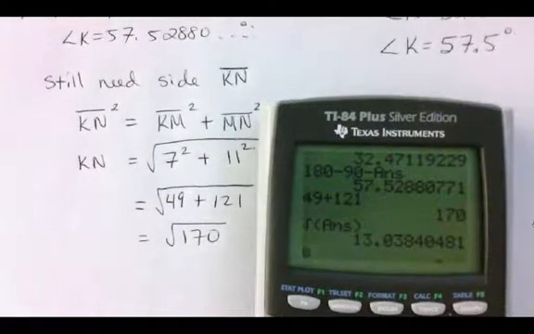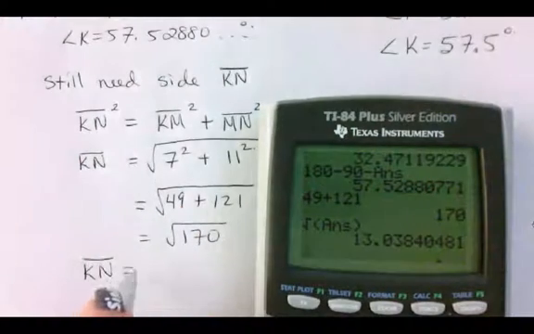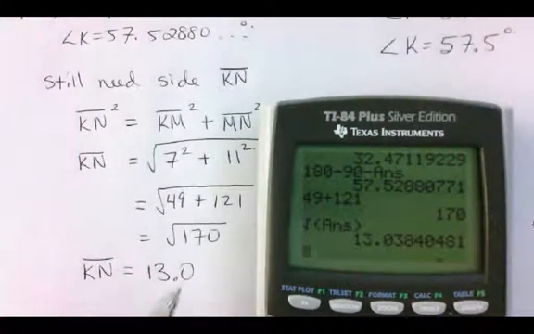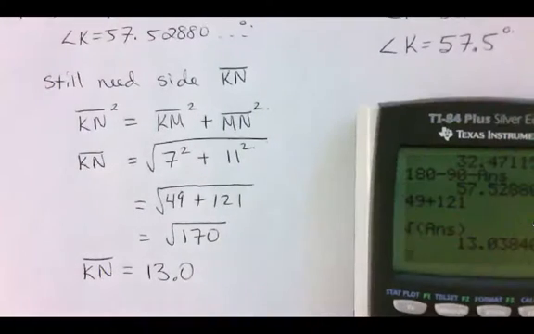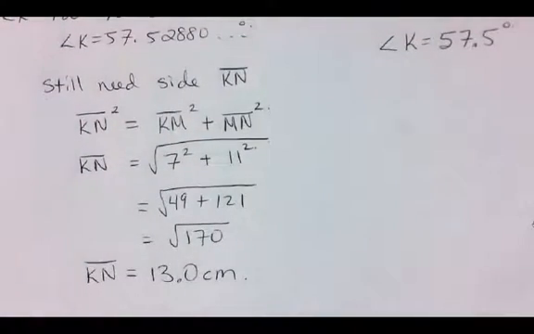And then, so this is, you can see what I've typed in. So KN, line segment KN, is equal to 13.0, what are my units? Centimeters. All right. Okay, now for the next one,